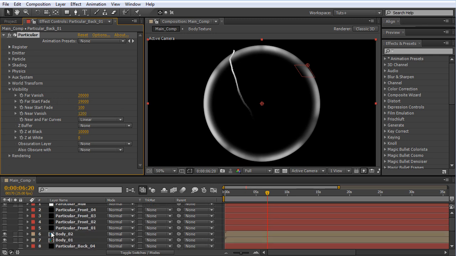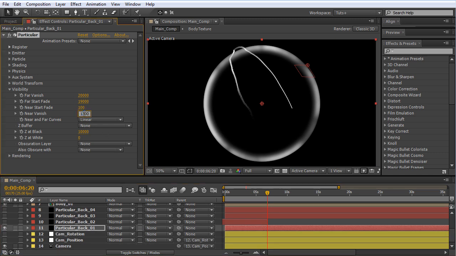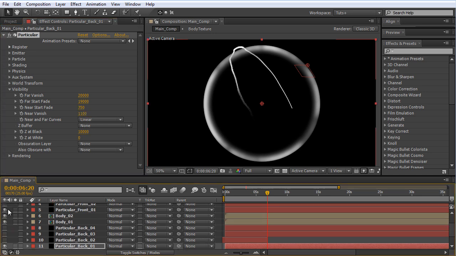And let's bring back the particle one front. We need a bit more here, so actually let's give it 1300, or rather 1100. Let's actually isolate this one for a second and see at what point we get a nice fading out. And somewhere around here, so let's say 1500. And let's bring this one back. Okay, let's make this one 1200 again. No, let's say 1000. And we'll make this one 1600. So the front and back are now connected together.